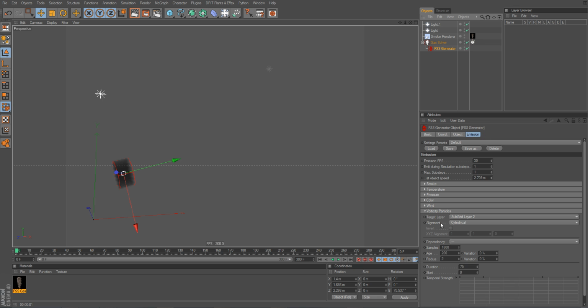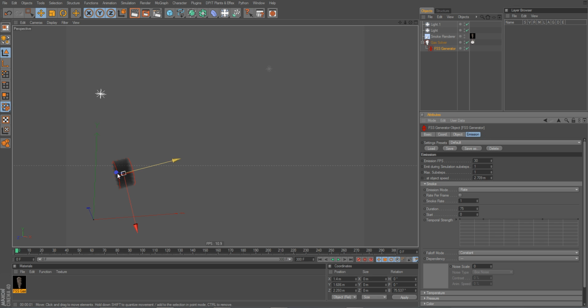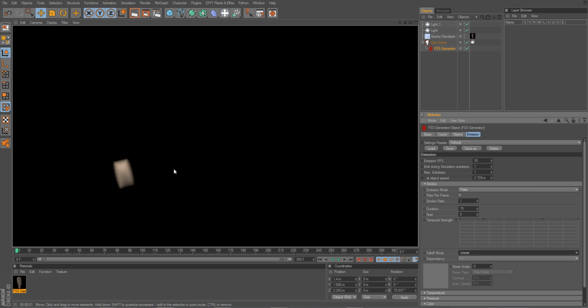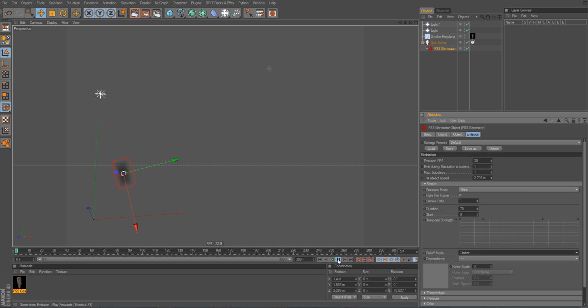Alright, so what else I can do is also modulate the emission of the smoke, because right now we have the smoke being constantly in its density emission. And I can use another falloff. For example, if I use a linear falloff, it will linearly fade out, and this looks maybe a little smoother. So let's do this, and we'll let this do its calculations slowly,